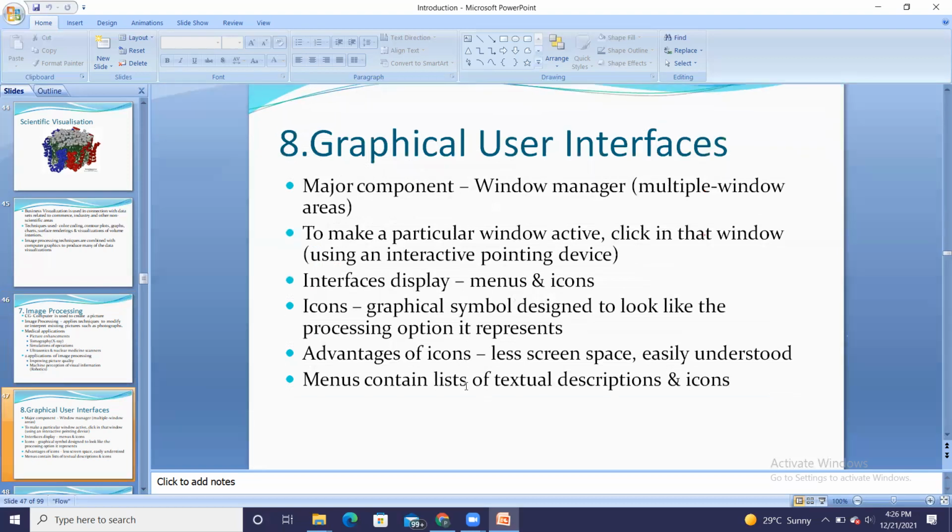Then GUI. In the final year of diploma, you might have gone for projects, and there the main emphasis, the main focus, is on GUIs. That is nothing but how to design the front end more attractively, and in this also we can make use of computer graphics to represent the GUI in a more attractive way.